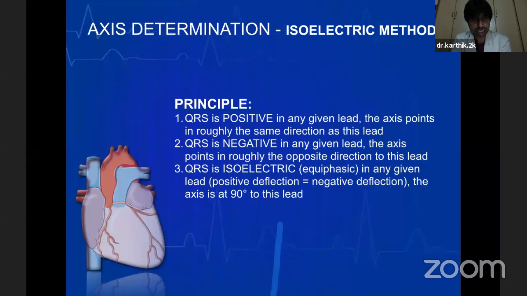If the QRS is isoelectric, suppose you're stuck and you come across a lead where the QRS complex is isoelectric, which means the height of the R wave is equal to the depth of the S wave in the QRS complex in that particular lead, then that is a null lead. That means there is no net deflection. So at this point, if you use your imagination of high school trigonometry, you can see that that is where the axis is perpendicular.